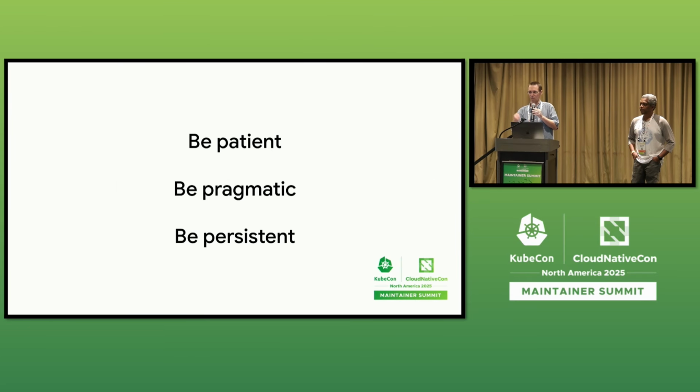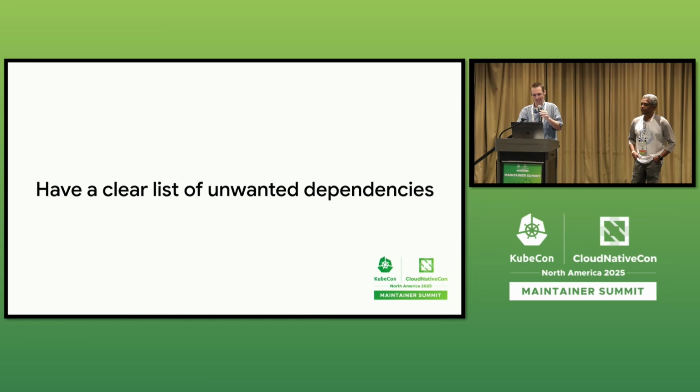We have this idea of ratcheting that we use a lot. We use it for validation in the API. We use it for dependencies. The idea is you identify a thing you don't want, and then you put something in place to keep it from getting worse, right? So no more new links to this thing we don't want. And then you start chipping away at the bad links, one by one by one by one.